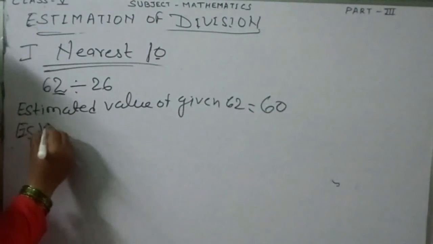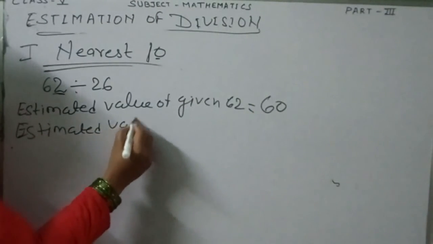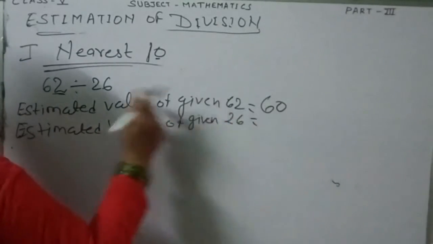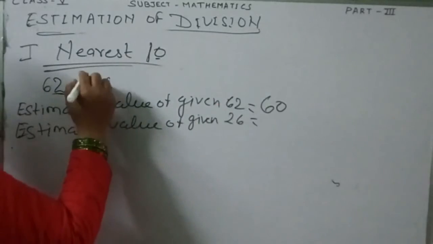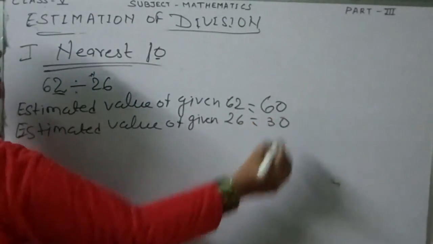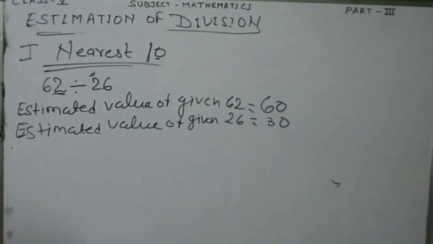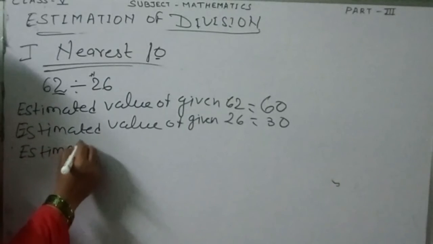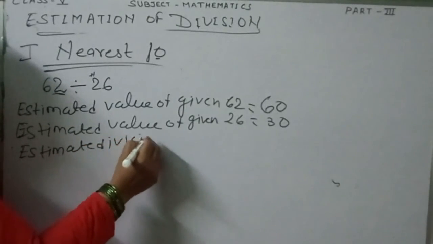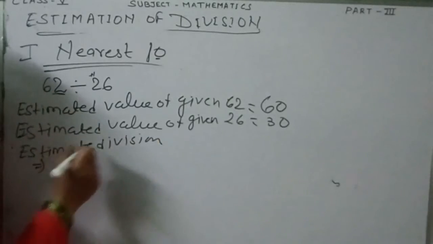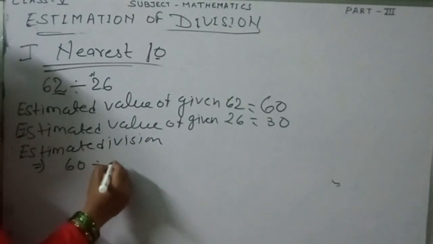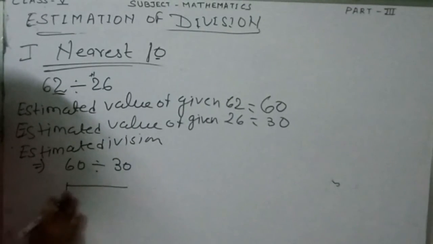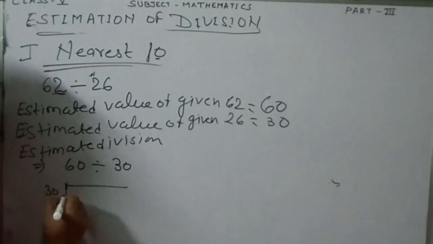Now the next one is the estimated value of the given number 26. 6 is greater than 5, so it will be plus 1 here, and it will be 30. Now you have to find the estimated division. In place of the number, you write the estimated value. What will we write? 60 divide 30. As you know how to divide the numbers, here we will write 30,